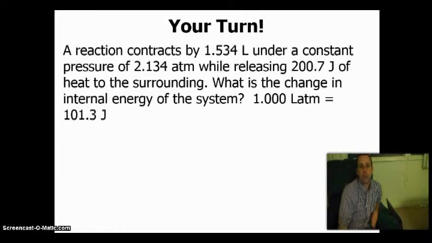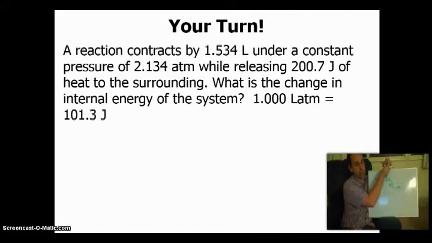All right, so here we have a chemical reaction that contracts by 1.534 liters under a constant pressure of 2.134 atmospheres. Now, this is the first scenario where we talk about a chemical reaction that is actually contracting, right? Contracting means the volume is decreasing, becoming smaller through the process. So the work energy is related to whatever the pressure is, and they tell us that the pressure is 2.134 atmospheres